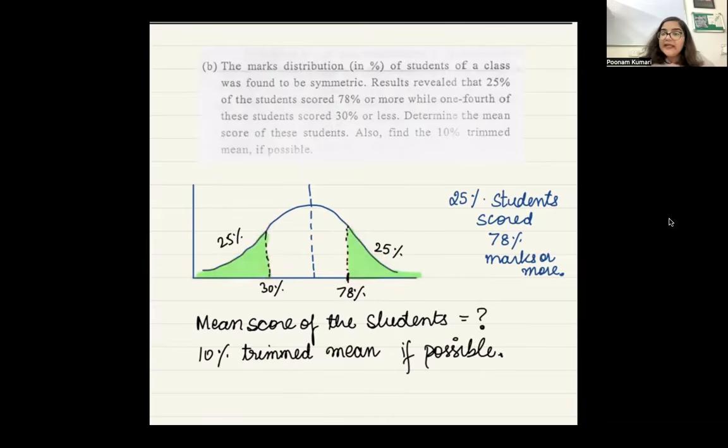So how do I find the mean value? So basically, I need to find this center value. Because this center, the point around which my distribution is symmetric, that is my mean whenever we have a symmetric distribution. Yes or no? Right? Yes. So if you are given exactly this point and exactly this point, they are symmetric, right? 25%, 25%. Both sides you have the same amount of area. So if you have to find the center point, how can you find it?